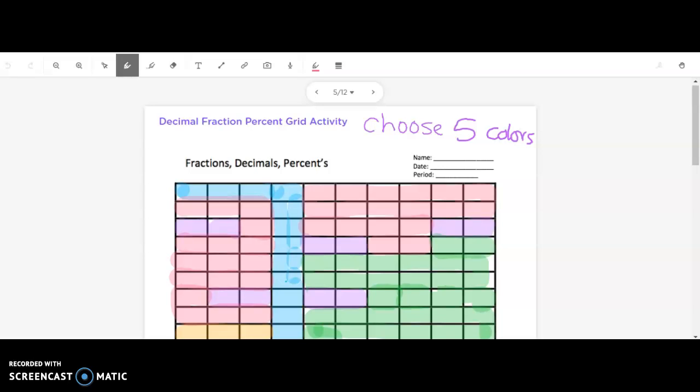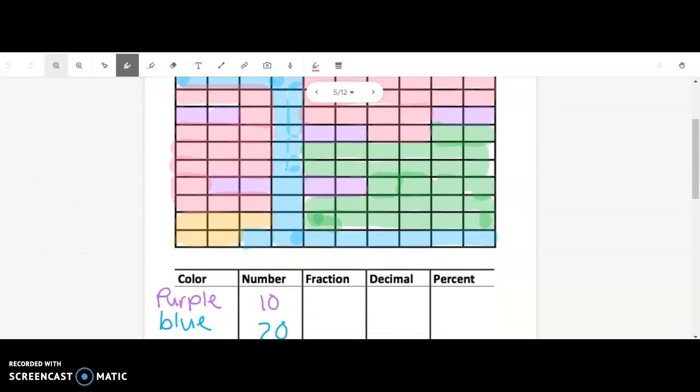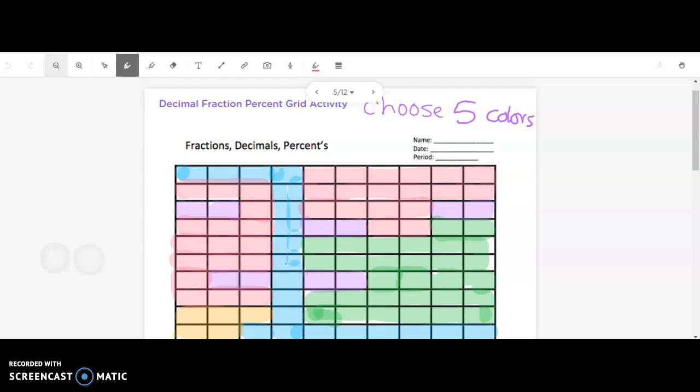Yesterday we practiced writing fractions, decimals, and percents on a hundreds grid, and we showed how there's multiple ways to show the same information, the same number. So we're going to do that today. The first thing you're going to do is get this paper, fractions, decimals, and percents, and you are going to make yourself a design,